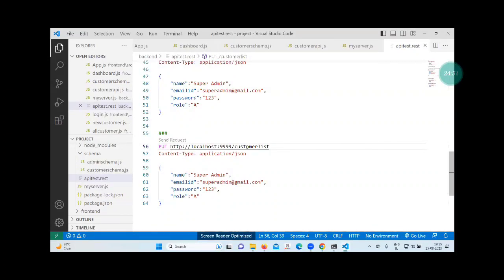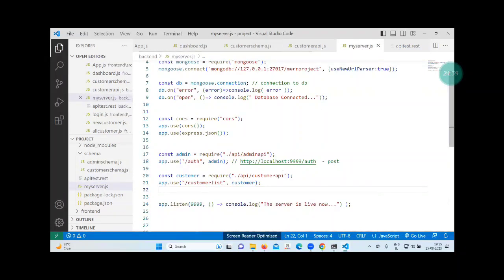Customer is your API. Okay, API is customer API. File name is customer API. Inside the customer API, your schema name is called customer. Okay, and you can see here, customer API is converted where? Under the customer list. So we have to call the customer list dot get post put and delete. Okay, so customer list we need to call.